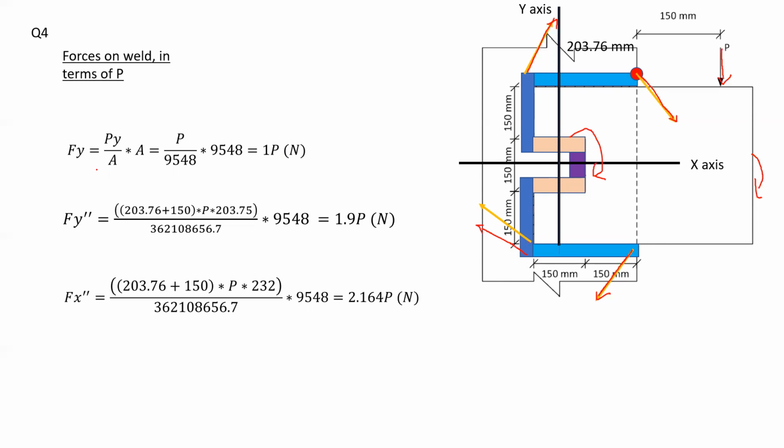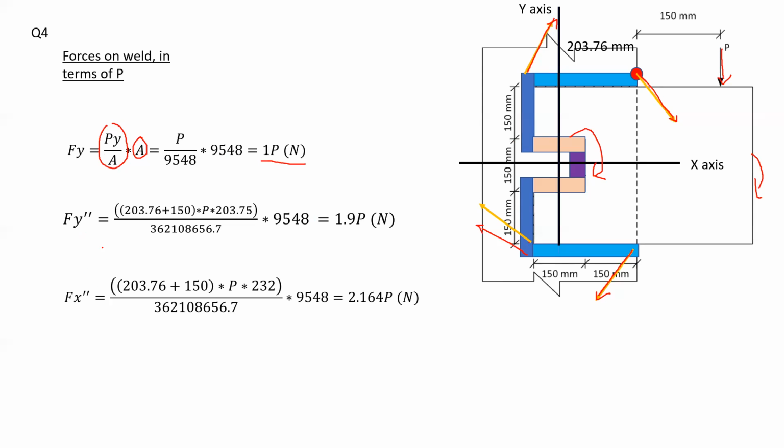So for calculating the force in the y direction, we want to bring the forces to the centroid of the welds. So P divided by the area, that is a stress. If you multiply it by the area, it becomes, of course, force. So P divided by the area multiplied by the area will give you P. Now, if we calculate the